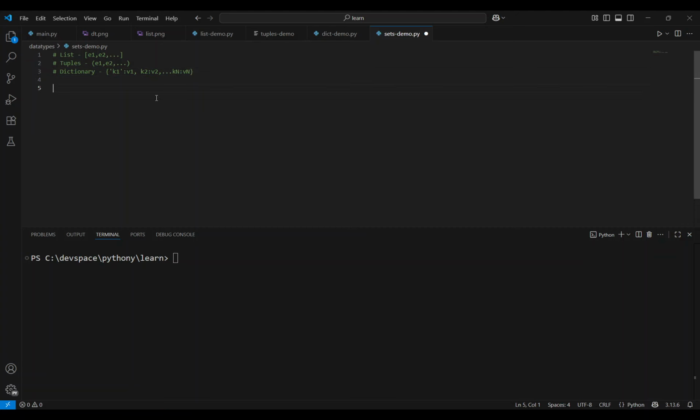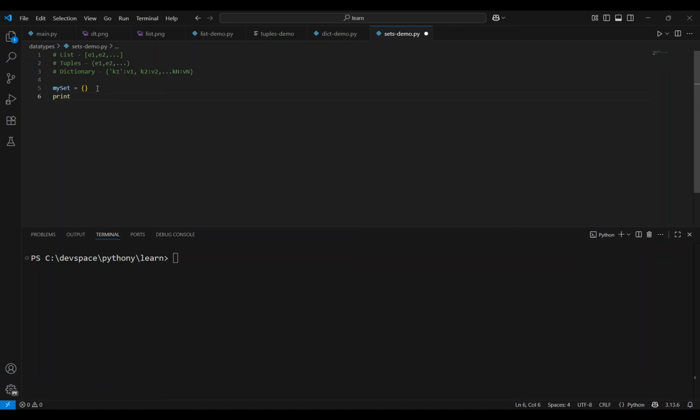There are two ways to create a set. If you already have elements, you can use the brace syntax. For example, call it my_set equal to, and use braces. But don't get confused, because braces are also used to create a dictionary, where the elements are separated by a colon. By default, if you initialize like this and you try to print